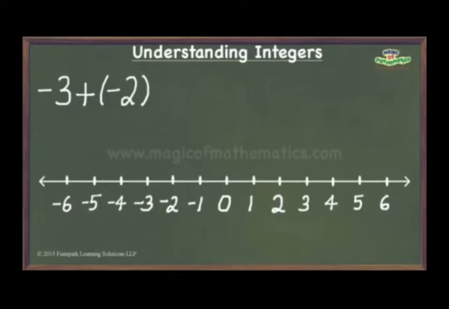In this example, the first operand is negative 3. So I will start my journey from negative 3. Now, since we have the addition operator, I turn to walk towards the right. Next, I look at the second operand, which happens to be a negative integer of magnitude 2. This means I need to walk 2 steps backwards, thereby ending up at negative 5, which is what our expression evaluates to.